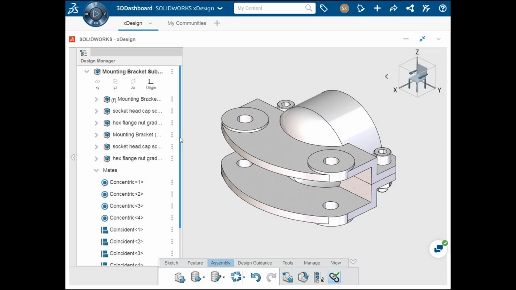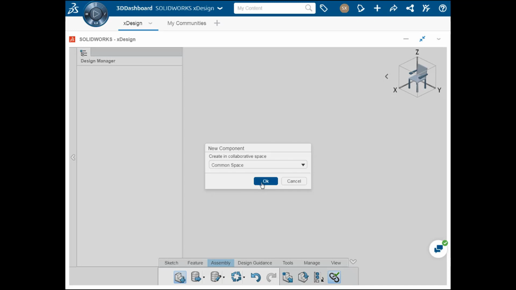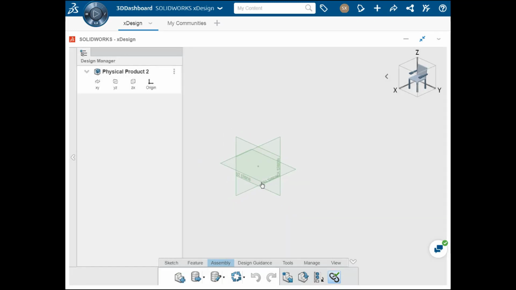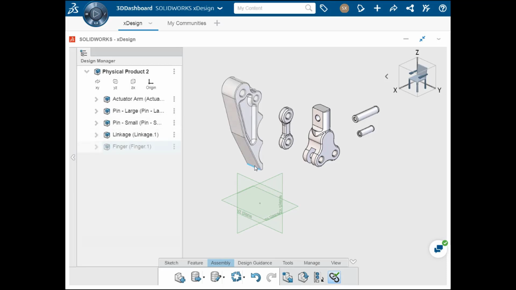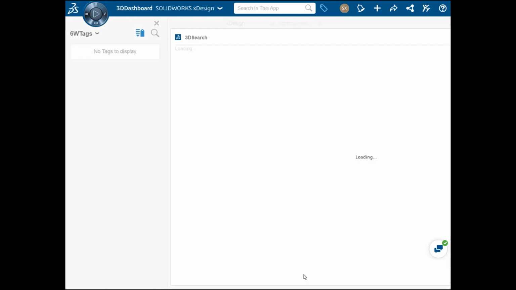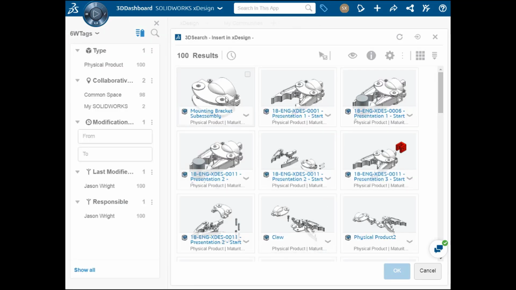Now this assembly can be added into another design along with other components. I'll create a new design, then add some new components such as the actuator arm, pin large, pin small, a linkage, and a finger. Now I want to insert the subassembly I created. I'll insert an existing component, click and drag the subassembly,